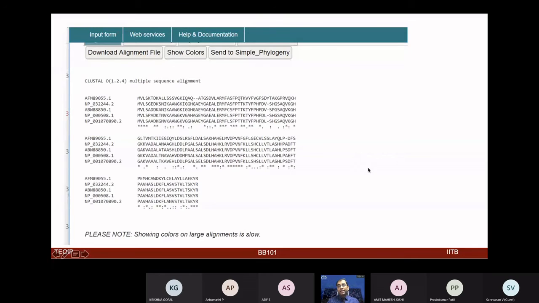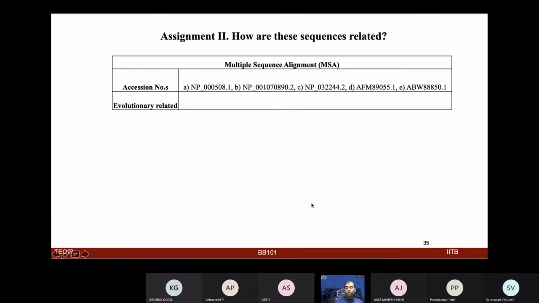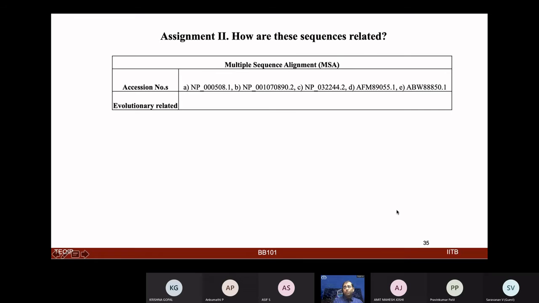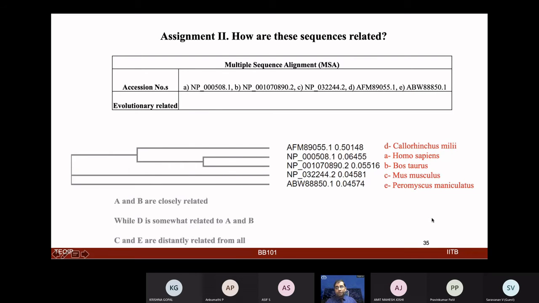So these kinds of things give us some idea of the evolutionary aspect: how this particular gene is common or different across different species, and one could make a dendrogram or phylogenetic trees to obtain that information. So again, one could try to do these sequence alignments and generate this data, which will be an interesting exercise for all of you to do.